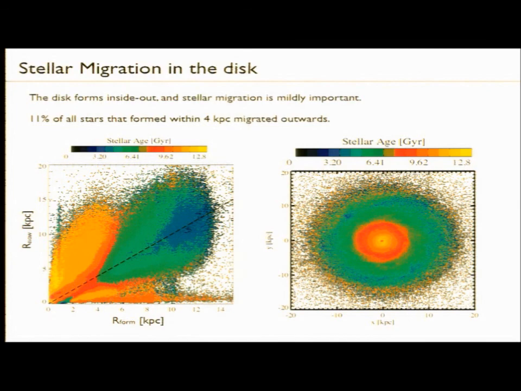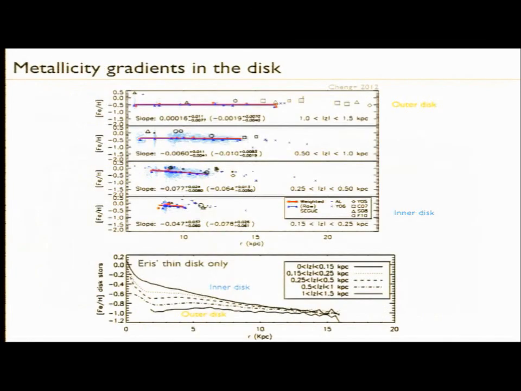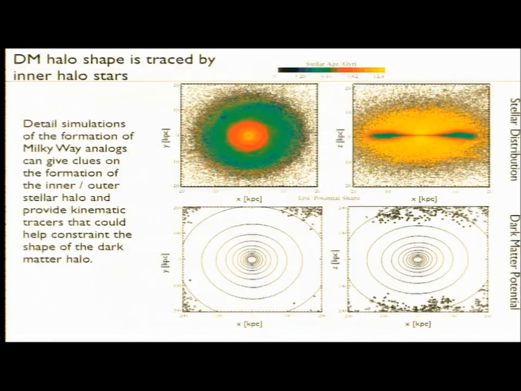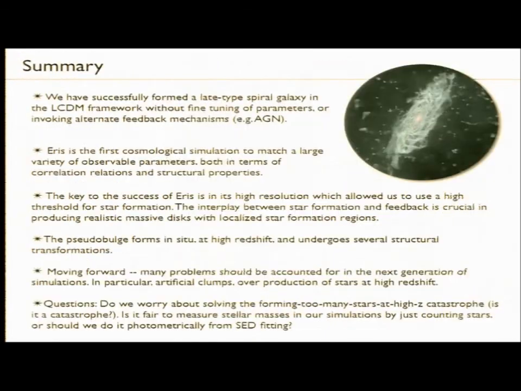I can talk about stellar migration if you're interested later. Stellar migration has an effect on the gradients in metallicity in the disk, but I'm just going to put up my summary